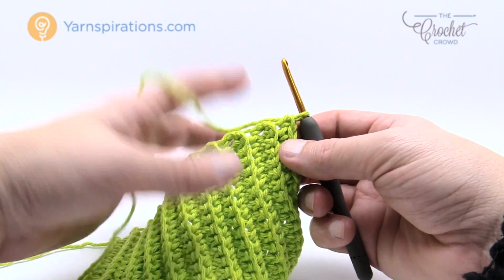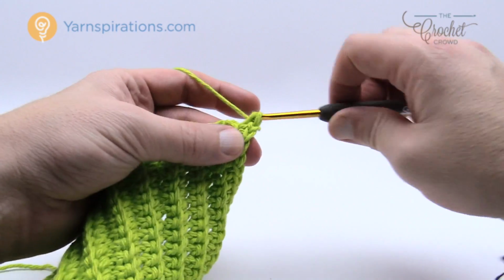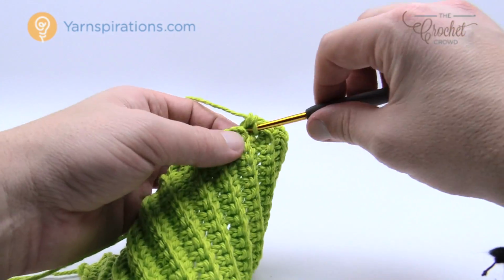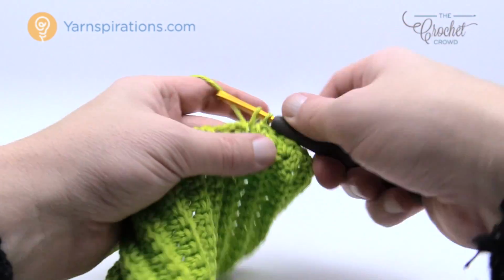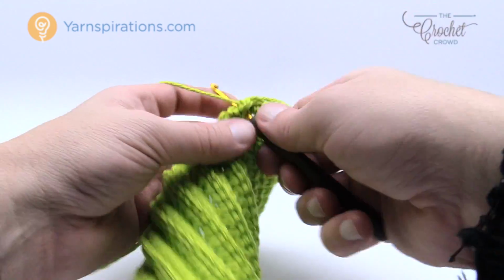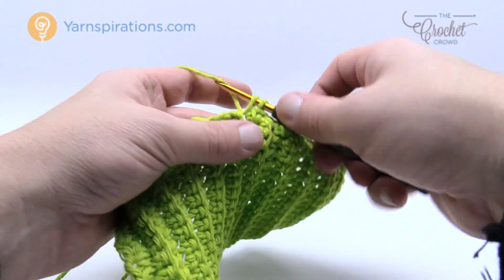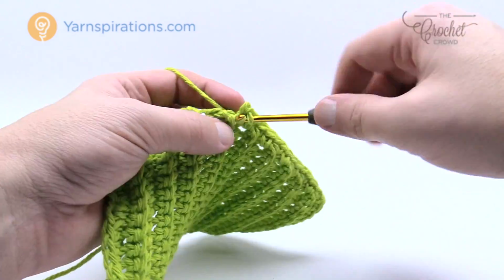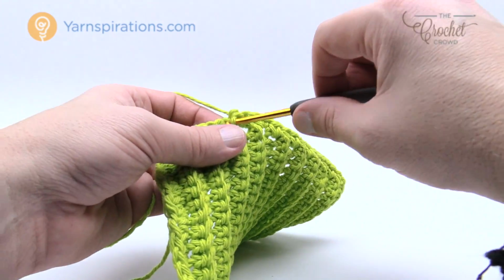So to begin to do this, we need to chain up 1, and we just have to equally space 23. So I'm going to go 1 and 2, and then the next one I'm going to put 2 into there, so 3 and 4, and then I'm going to keep moving along, 5, 6, 7, and the next one I'm going to add 2 into that one, 8, 9, and keep moving along, 10, 11, 12. I'm going to add 2 into the next one, 13 and 14 and 15 and 16. I'm going to add 2 into the next one,